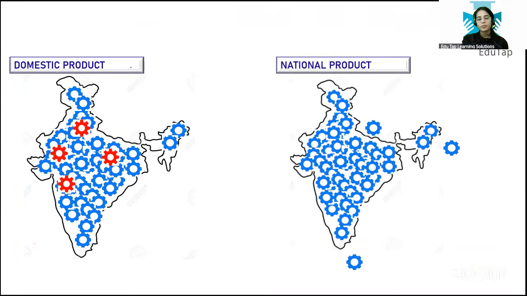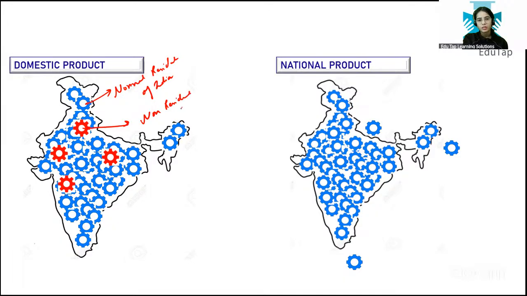First of all, the domestic product is a concept that is related to the territory. Production should be within the territory. Do we care who is producing in the domestic product? No, we don't. Whoever is producing, blue is for Indians or the normal resident of India. Red is for